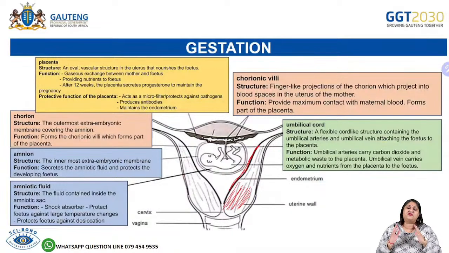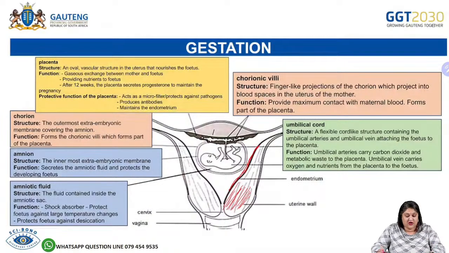The uterine wall is always going to be there. It's going to contract during menstruation, it contracts during birth. Okay, it's a muscle, whereas the endometrium is a lining. Okay, I really need you to understand that. Now, these are all the different parts that Sina mentioned to you at the beginning of the lesson that you need to know. You need to know the structure and the function of every single one of these. Okay, so we spoke about a lot of them, but the 2 that I want to focus on are